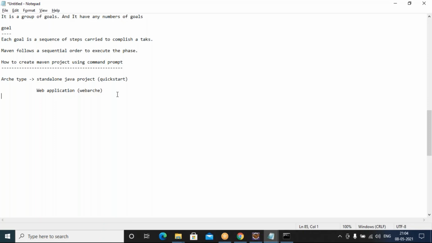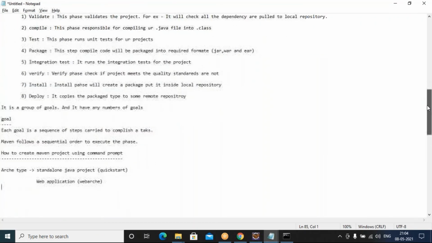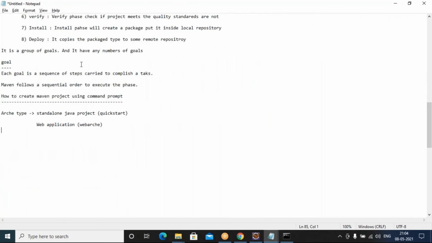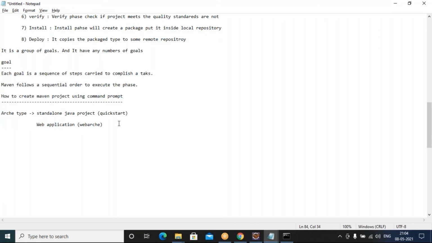Each plugin can have several goals, right? Each plugin you can define separately, and it will also have several goals associated with it. So we are going to talk about the Maven Surefire plugin.